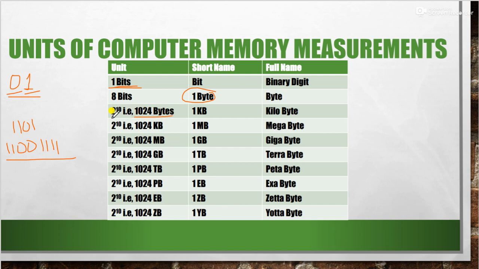1024 bytes or 2 to the power 10 is called 1 KB, and 1 KB stands for kilobyte. Okay, now remember it is kilobyte. If you want it in terms of bits, it will be 1024 multiplied by 8. If you are multiplying it by 8, then it will become bits. Okay, so if you want to write in terms of bits, you can say 1024 into 8 bits will be your 1 kilobyte of information.